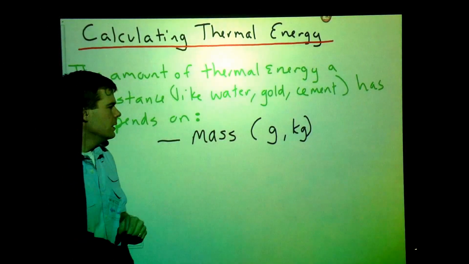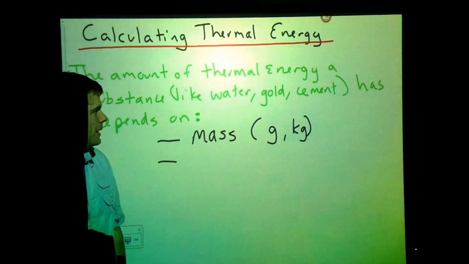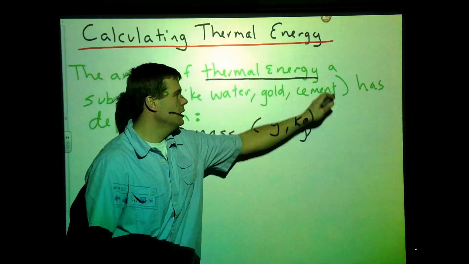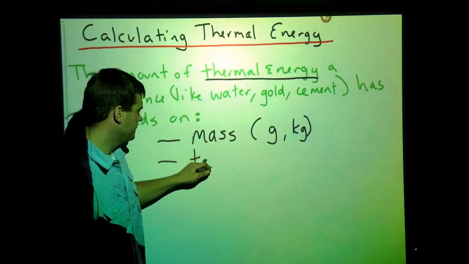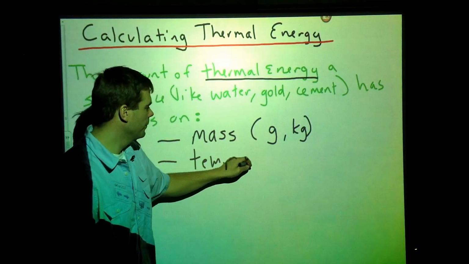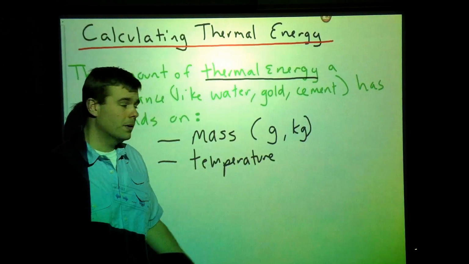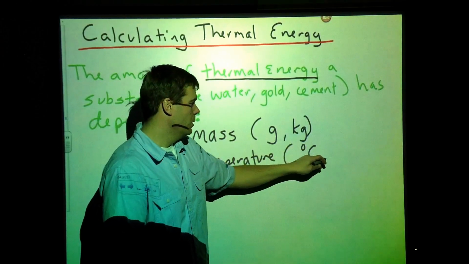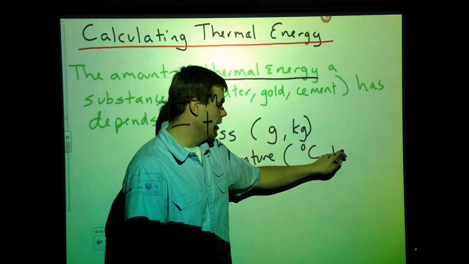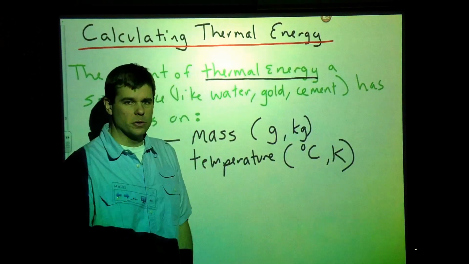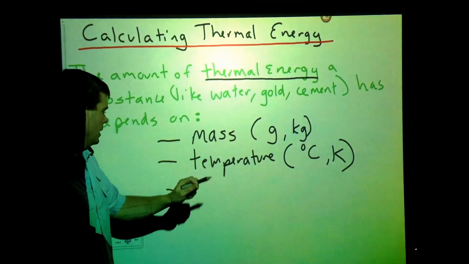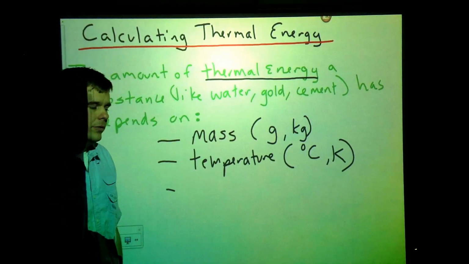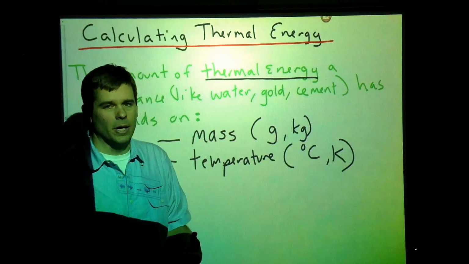The second thing that thermal energy depends on is how quickly those particles are moving, something that we measure as temperature. We'll typically use degrees Celsius, but don't be surprised if you see Kelvin used. We won't use Fahrenheit very much at all. So we have mass, we have temperature, and what your simulation taught you is not everything heats up at the same rate. Gold,